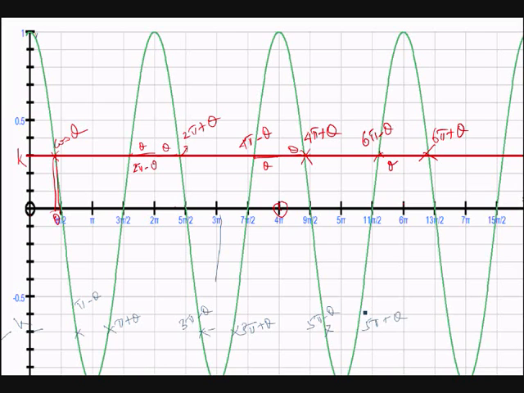So what we have here is pi minus theta or pi plus theta, 3 pi minus theta or 3 pi plus theta, 5 pi minus theta or 5 pi plus theta, and so on. As you can see that the numbers here are odd numbers. Therefore, the general solution can be given as 2n plus 1 pi plus or minus theta. When we go on to tan,